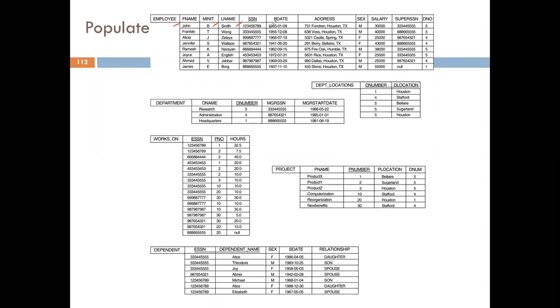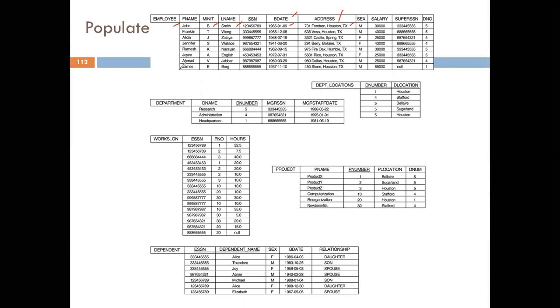Once this row is selected, then we'll check what attributes we need to extract from this. The attributes we need are the birth date and address. So what is the birth date? 1965-01-09, that is 9th January 1965, will be returned for birth date, and for address that is 731 Houston, Texas, TX. So that will be extracted. Our result of that query will be only one row containing two attributes, the birth date and address.